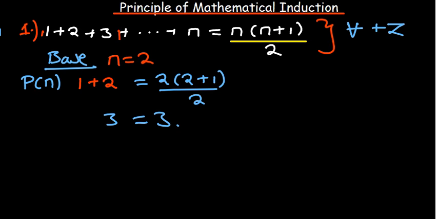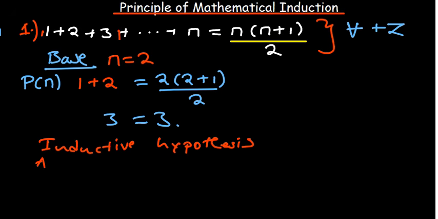So after the base case, now you come up with what you call the inductive hypothesis. This inductive step is where we'll assume, first of all, what are we going to assume? So assume n is equal to k. So what our equation becomes, so assume n is equal to k,